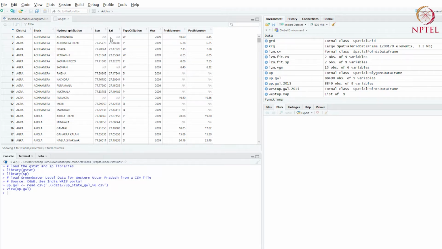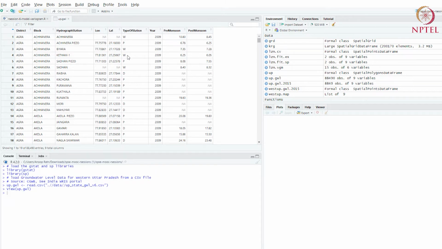As you can see, we have spatial coordinates for some of the stations, but not all. Some of them are missing, and we'll have to remove these missing values, because if you don't know the spatial location of an observation, then you can't really use it in spatial statistics. So it is important that we know the spatial location. If the latitude and longitude are missing, there's not much we can do. So we have to remove those observations.